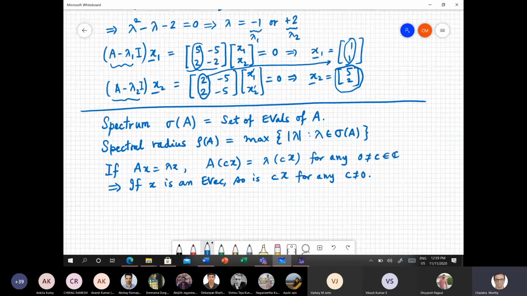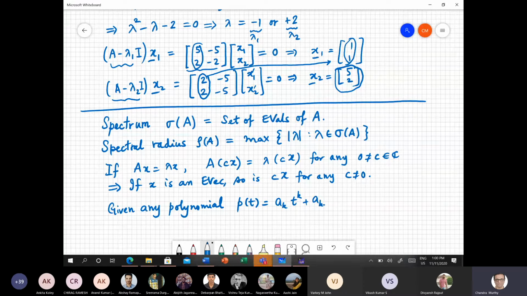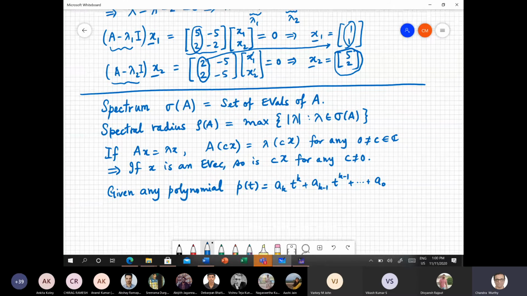Okay. So now the other thing, which will sort of lead us to the characteristic polynomial and studying it, is that given any polynomial, let's say P of t, equal to ak t power k plus a k minus 1 t power k minus 1 plus and so on, plus a0. This is a polynomial in t, and A in C to the n cross n. Okay, so we can define